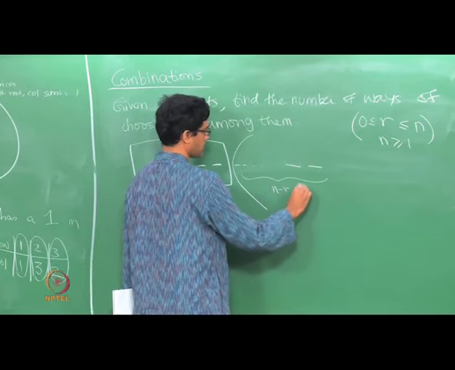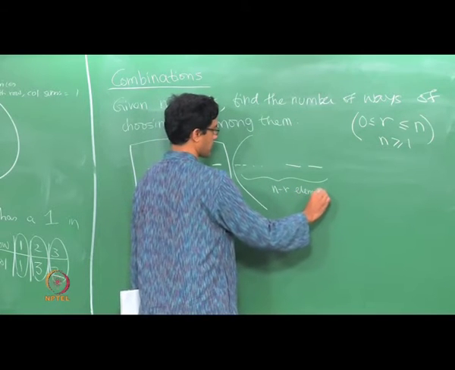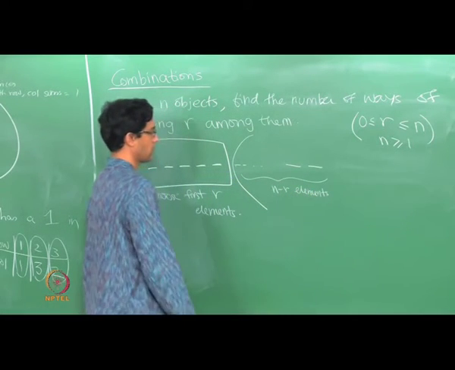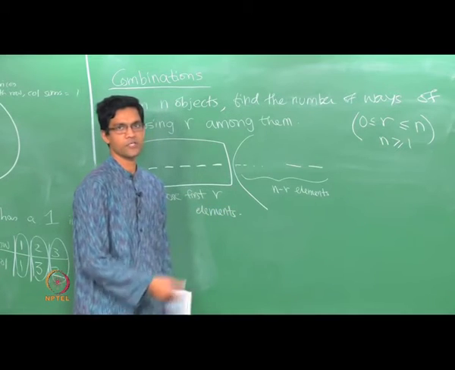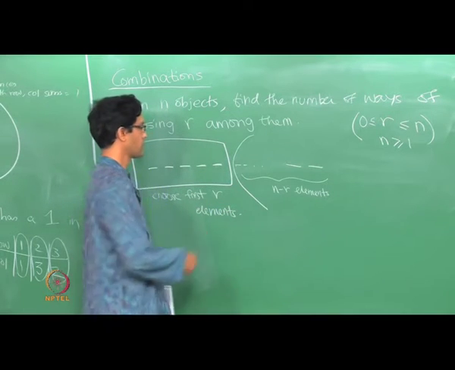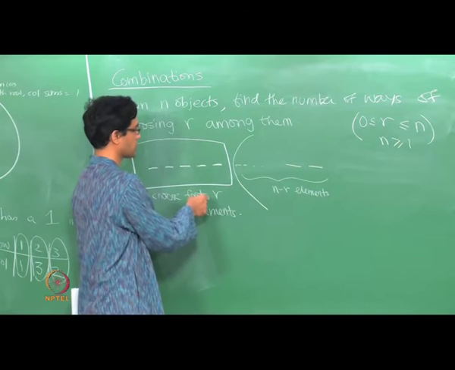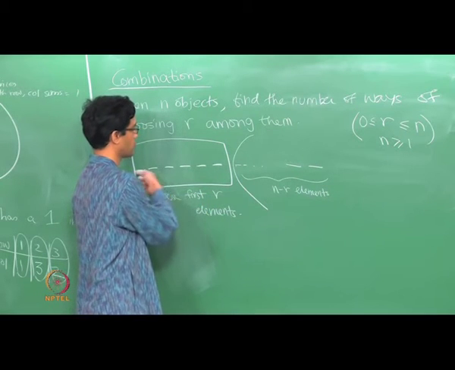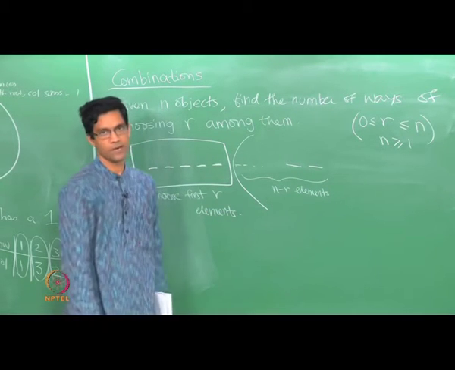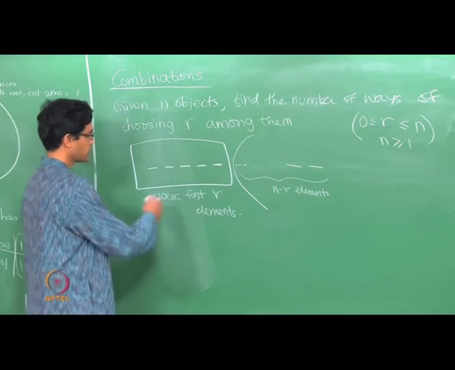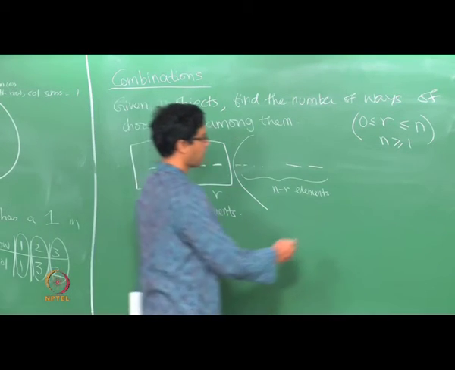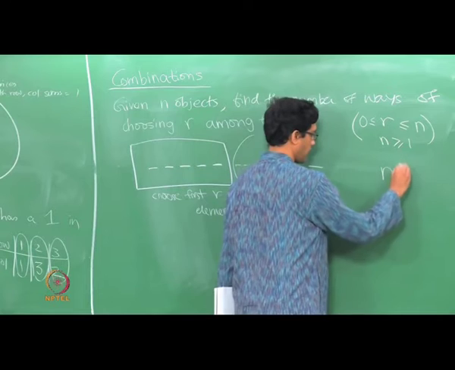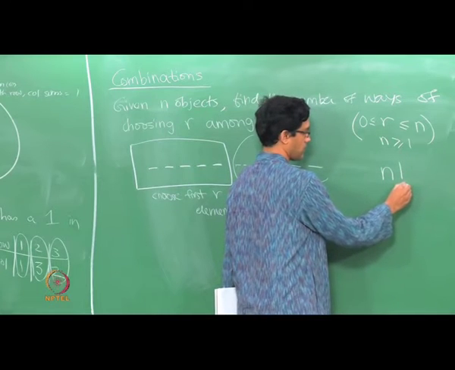So here are the n minus R elements that are not chosen. Now you permute those n minus R elements in any order you want, the final choice of R elements that you are going to pick will remain the same, because you are only going to worry about the first R elements, okay. So what this argument says is that, well, you have n factorial permutations in all, but out of those